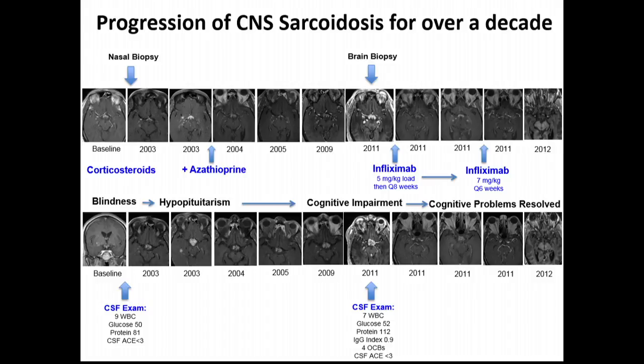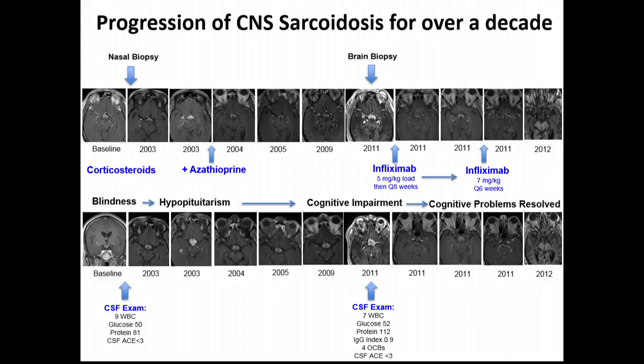So this is an example of a patient of mine who actually presented in the late 90s with a progressive optic neuropathy. They didn't digitize the MRIs back then, so I don't have them, but it looked similar. And by 2000, he unfortunately went blind from this process, bilateral no light perception. But it wasn't the end. He kept progressing, started having hypopituitarism and cognitive impairment, and they were trying to find how to diagnose him, and the nasal biopsy was consistent with sarcoidosis. He had some lung involvement, but